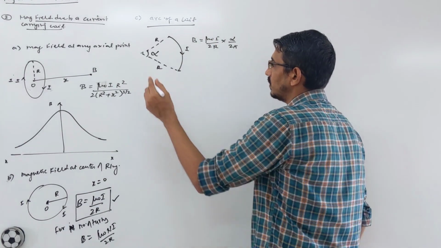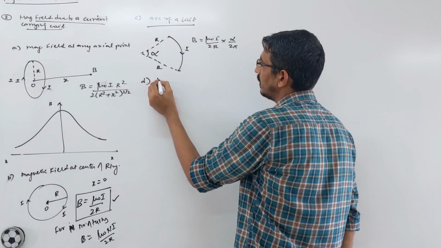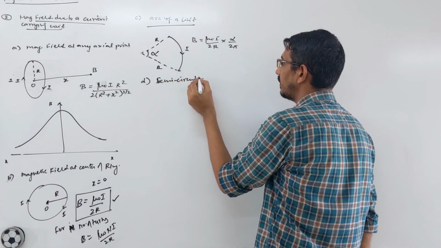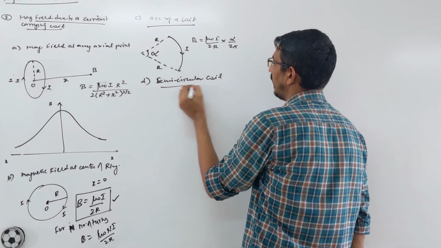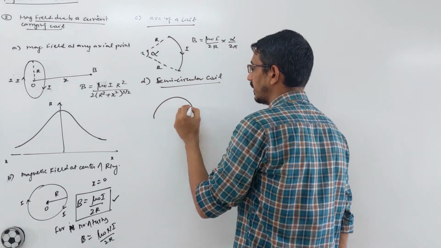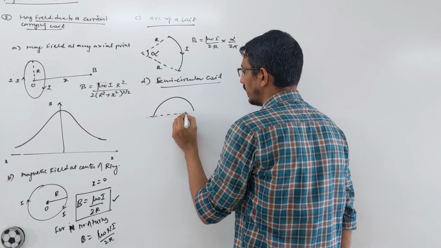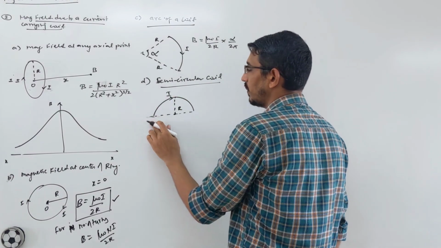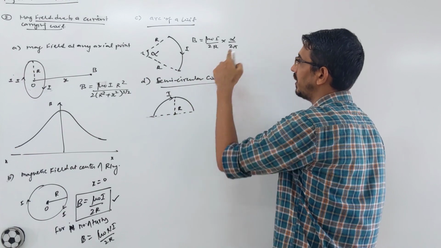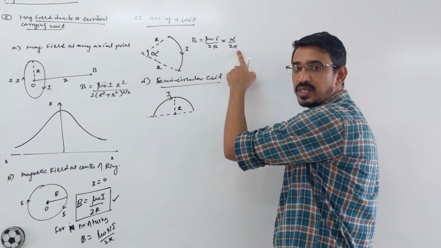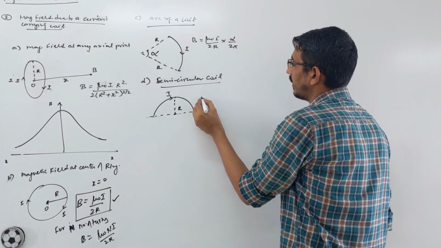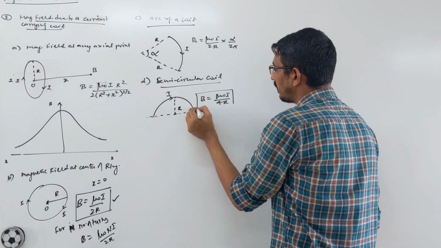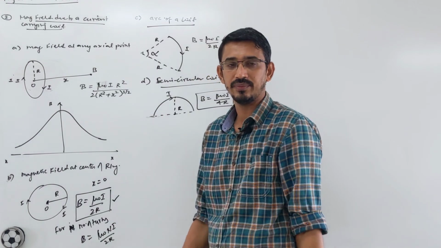So if I say semicircular, like this, you should remember directly, a semicircular coil. You have a half coil of this type. Then what is the magnetic field due to this at the center? The current is I. Look here, what is this angle? 180 degrees. You put 180 by 360. This becomes 1 by 2. So the magnetic field simply becomes mu naught I upon 4r. It is half of that main formula, right?